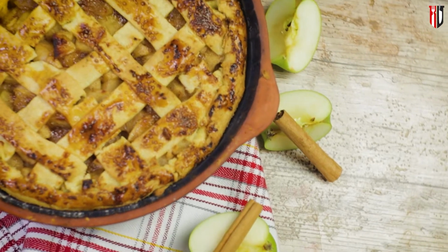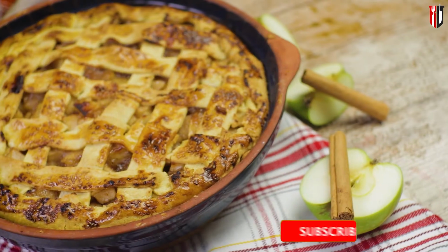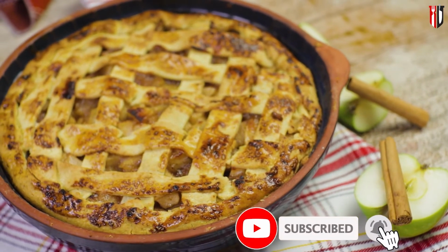Today we are making apple pie, and what an amazing and simple recipe this is. We have some Christmas flavor going on as well, such as cinnamon and orange, and for more recipes like this,